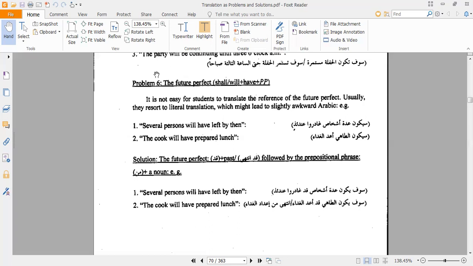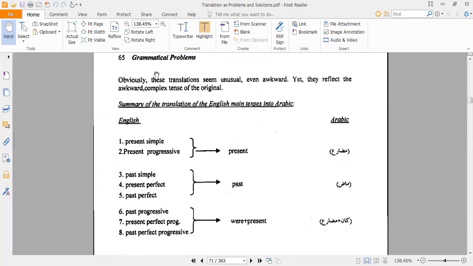Look at the second sentence. The cook will have prepared lunch. سوف يكون الطاهي أو سوف يكون الطباخ قد أعد أو قد انتهى من إعداد الغداء. Okay, so